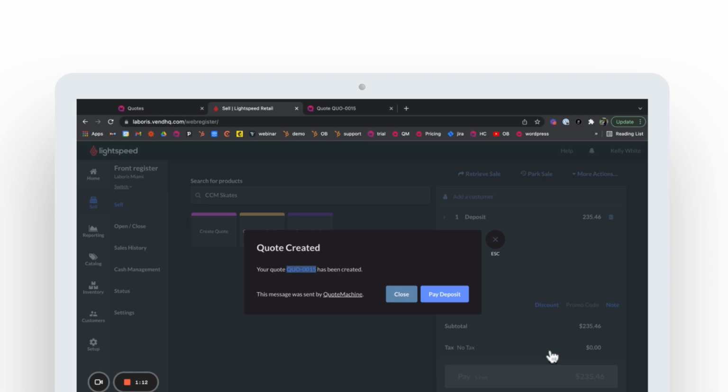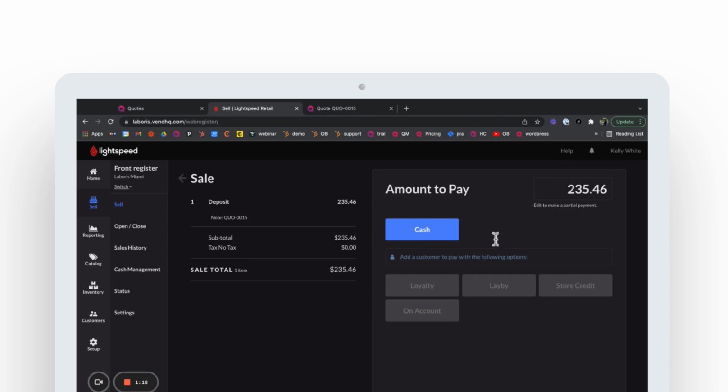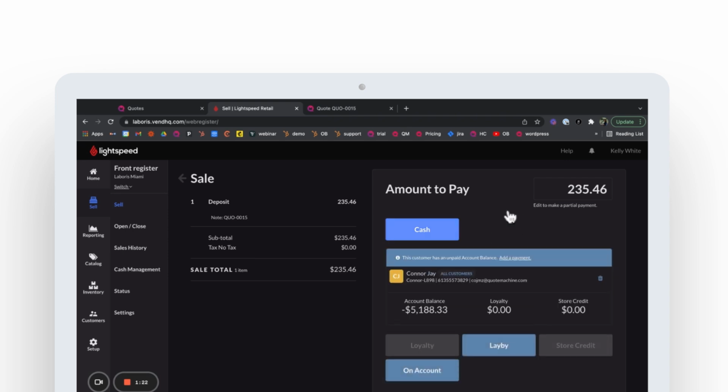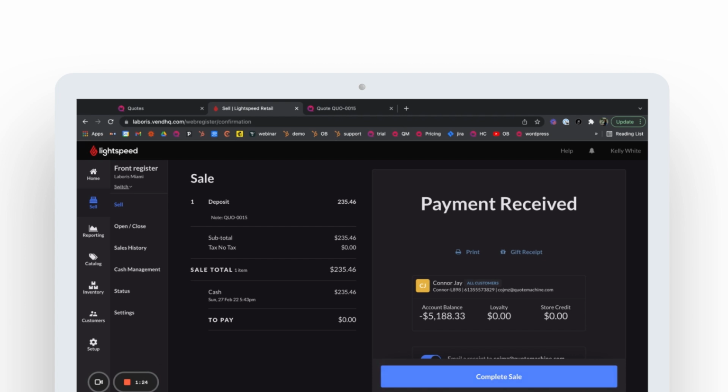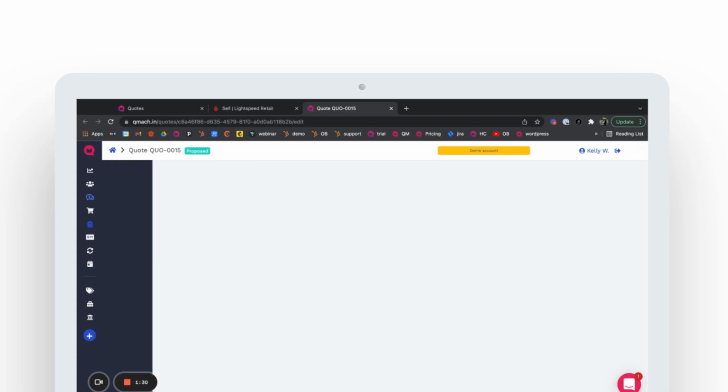And I can take the deposit right here using my register. So I'm going to click Pay Deposit, and it's going to prompt me to pay with cash. I'm just going to add my customer back in and pay cash. Now I can complete the sale, and everything's settled in the Vend side. And over on the quote,